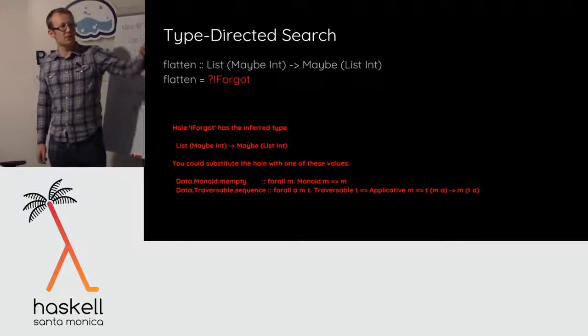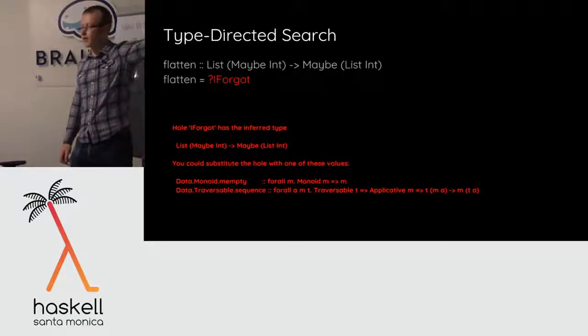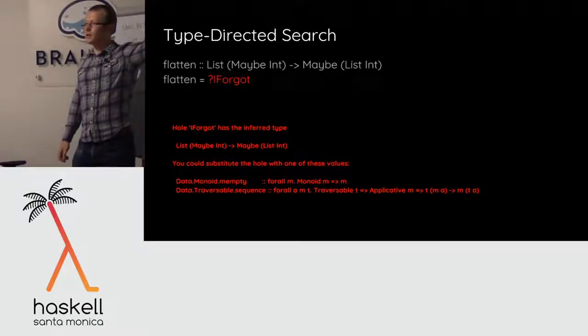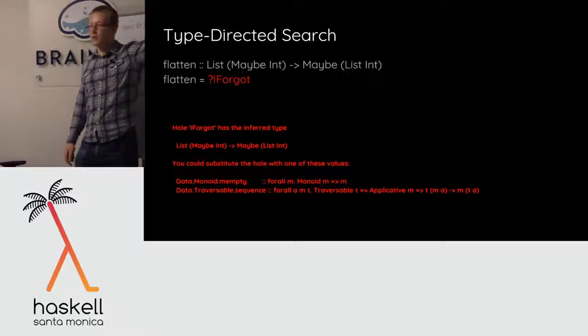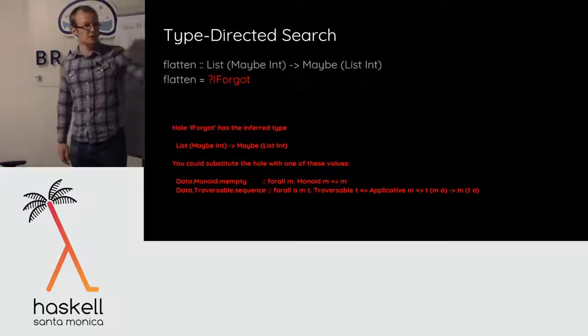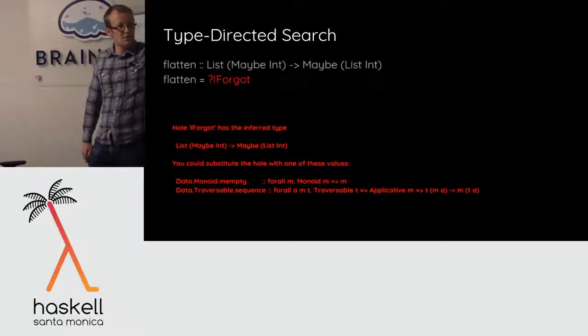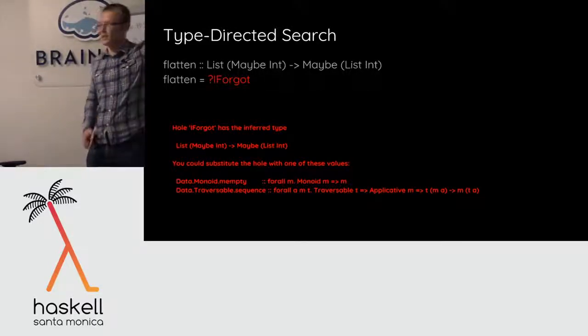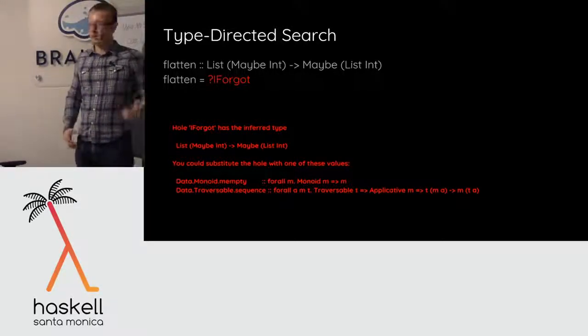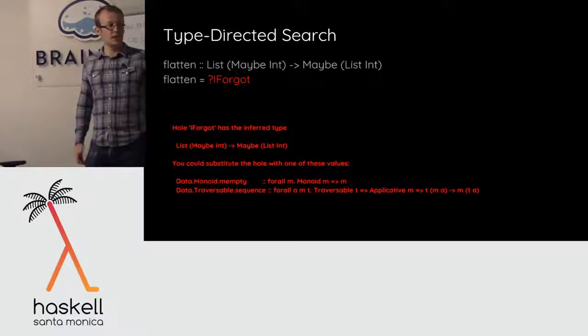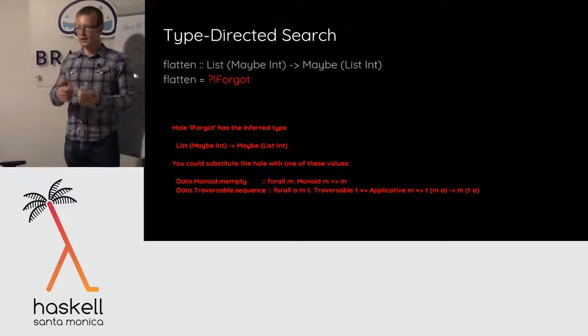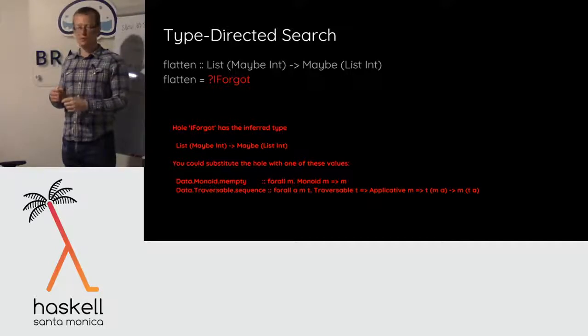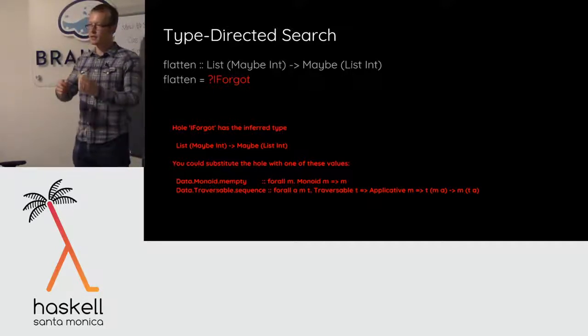So if you're familiar with type holes in Haskell, right? If you're halfway through writing a program and you can't remember what bit goes where you are, you can just put a type hole and say, please figure this out for me. And Haskell will say, the type of the type hole is this thing, right? It'll gather all the constraints from the type checker that are relevant to the typed hole, and it'll figure out what the type of the typed hole is and tell you. And then you can use this for type-directed programming, right? So now you can just narrow down and iteratively write your program piece by piece, refining type holes